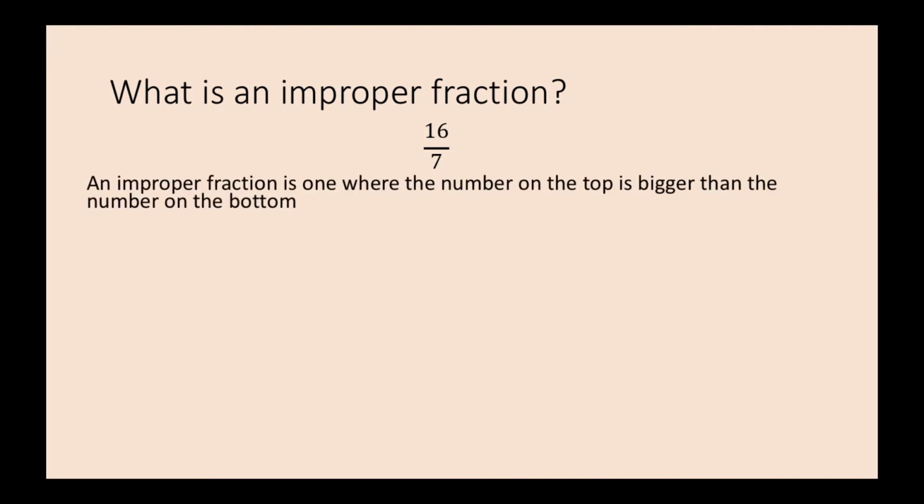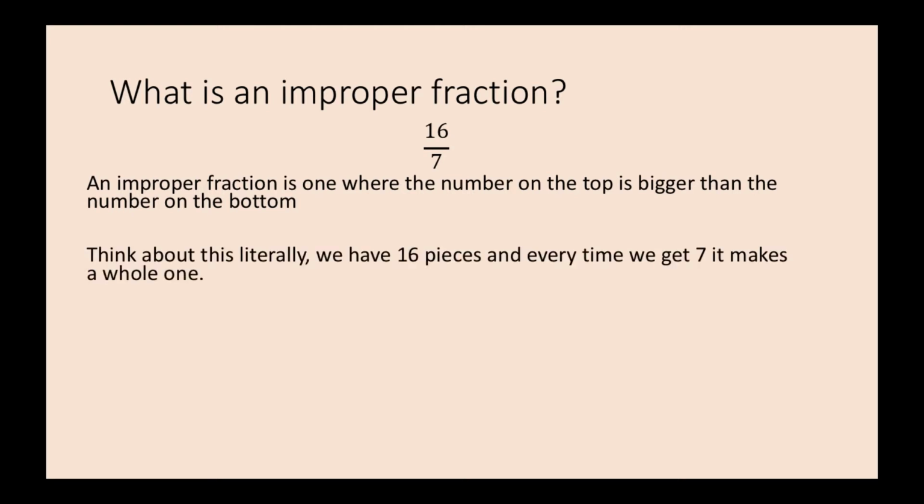An improper fraction is one where the number on the top is bigger than the number on the bottom. So in this case we have 16 over 7. To think about it literally, we have 16 pieces and every time we get 7 it makes a whole one. So let's say we've got some bags here, and every time a bag is full, we have 7